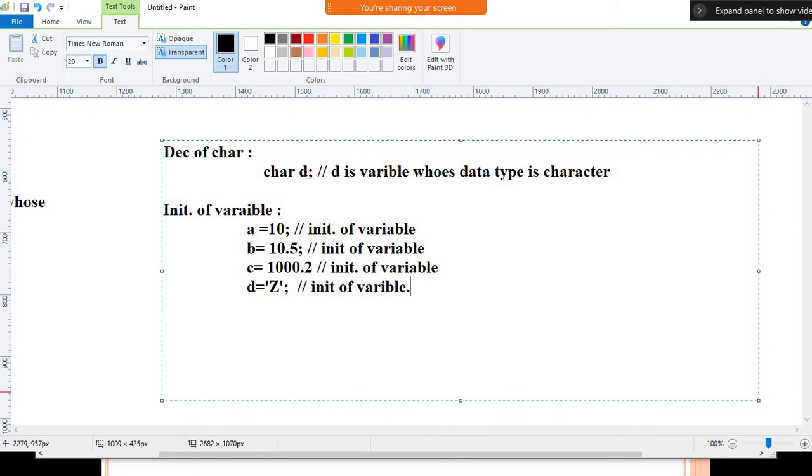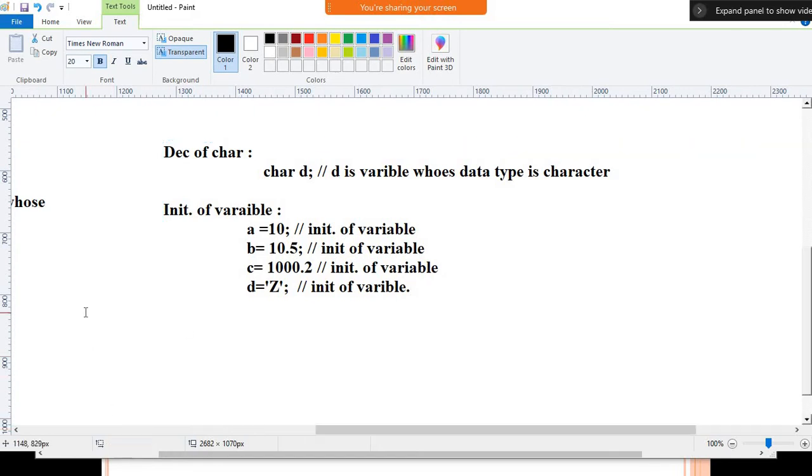Okay, did you get that concept? So by using that simple system called initialization. Once we declare, another step we need to initialize that value, and once we initialize the value, then we can perform any operation. Okay, this is one simple way. By using that we can declare separately and initialize separately.